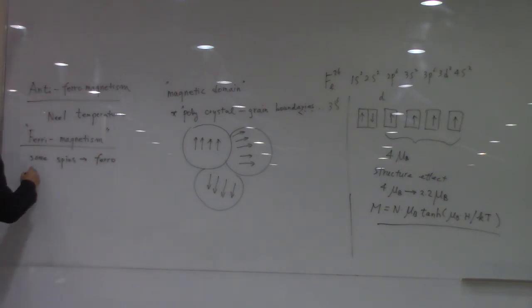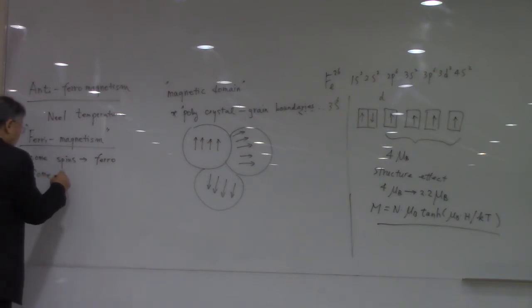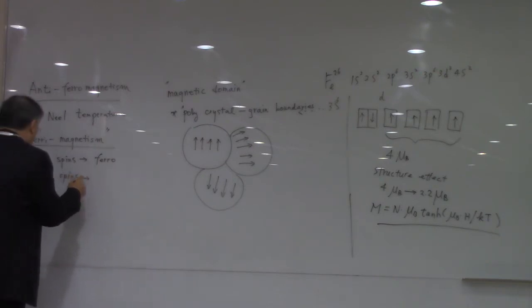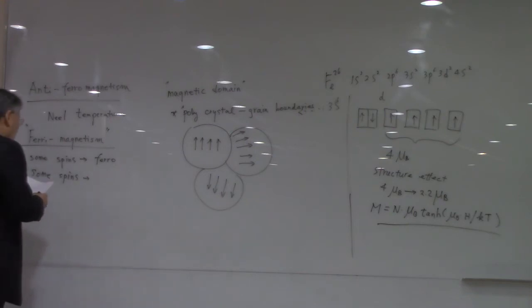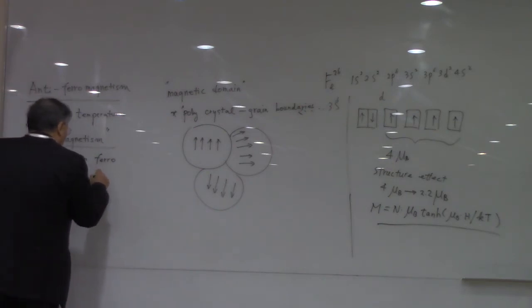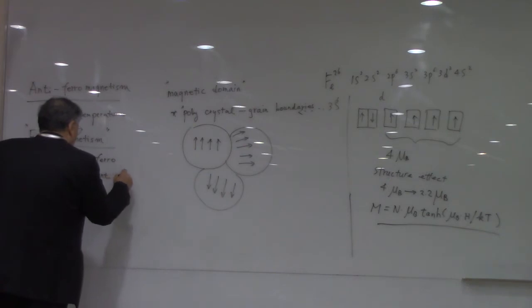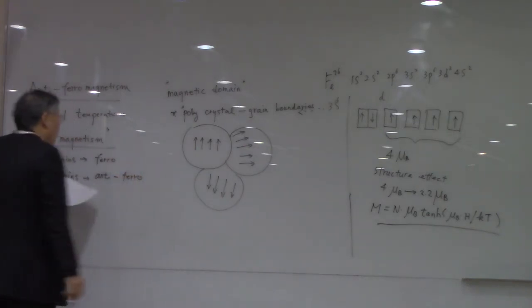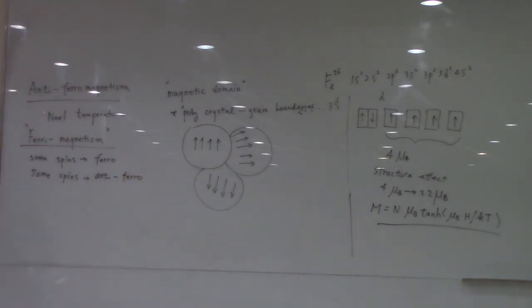And some spins do show the antiferromagnetic nature. Okay, so this ferrimagnetism, the materials which show the ferrimagnetism, some of the spins in the unpaired